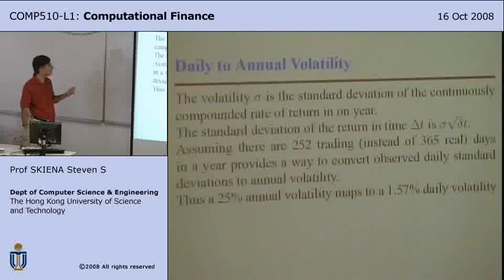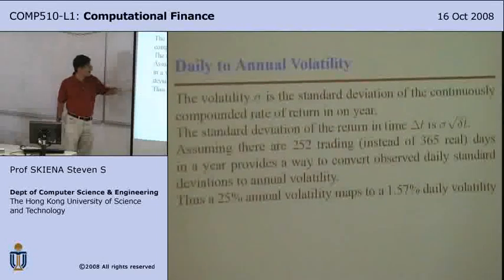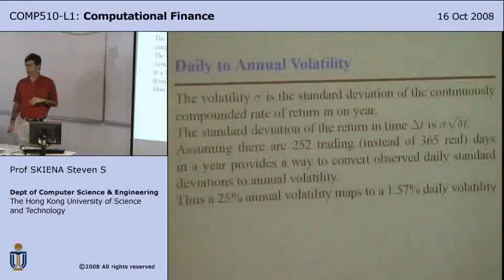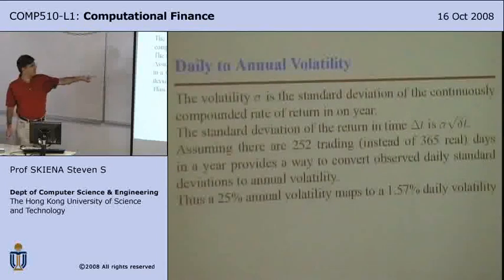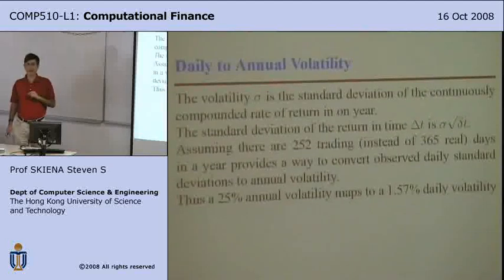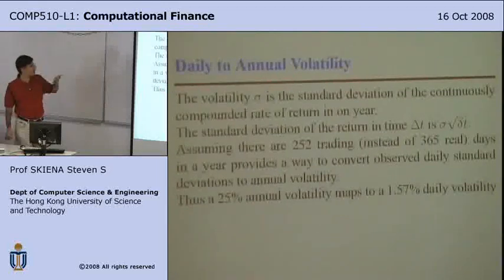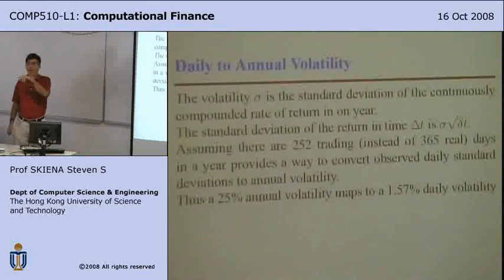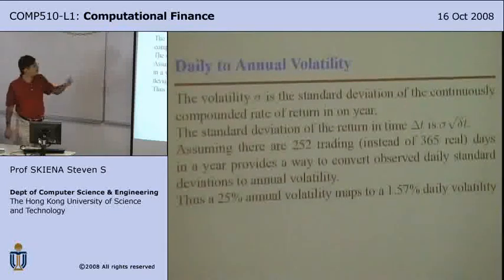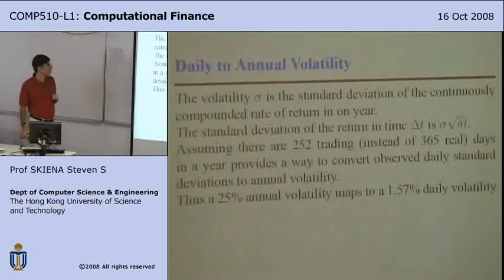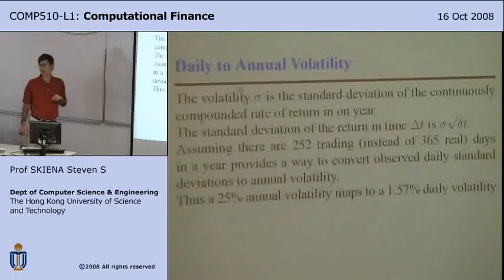Again, concretely, when you looked at that example, they had a 25% annual volatility. That maps to, if I did my calculation right, a 1.57% daily volatility, which is quite reasonable in more peaceful times than we live in today. Any questions? So there is a notion of an annual volatility, and this gives you a basic way to calculate it. Any questions? One issue when you calculate it is how many days are in the year.